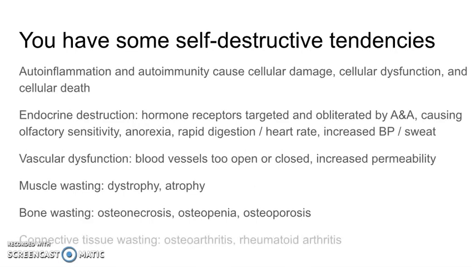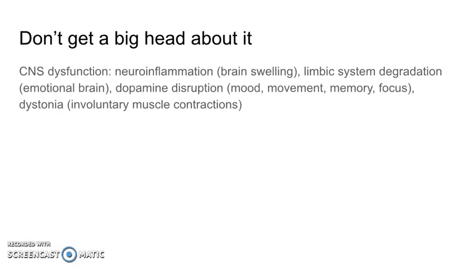Connective tissue wasting. This can be osteoarthritis, where the soft padding in between where bones meet each other starts getting worn away or decaying, being damaged or destroyed, or rheumatoid arthritis, where you are experiencing swelling and pain in your joints. This also can cause nervous system dysfunction in many different presentations. This can cause neuroinflammation, which is brain swelling,